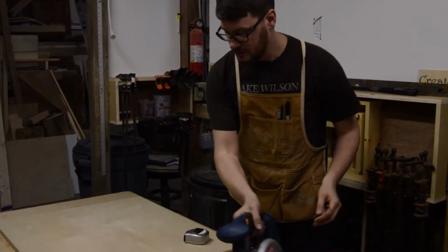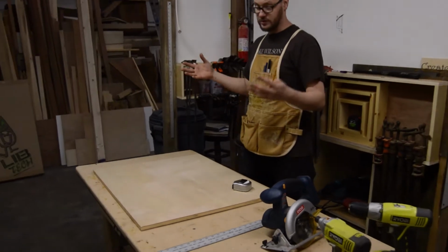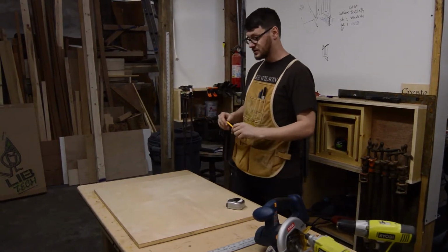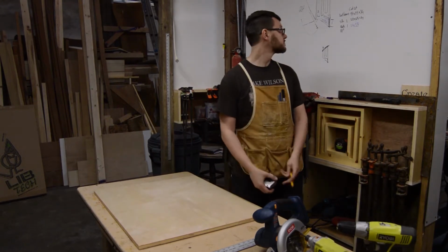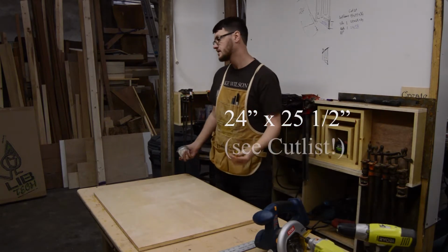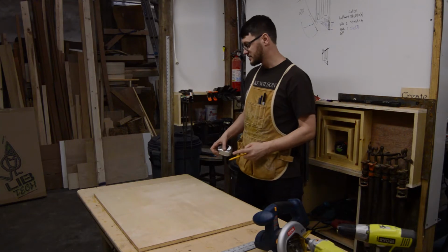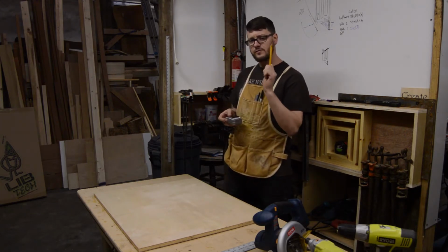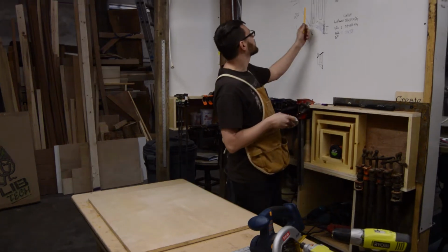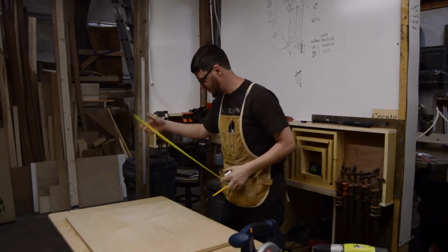So what we're going to do is start cutting out our parts. We just have a list of parts, simple dimensions, squares. We just got to cut them out. So first one, 24 by 24. This will be the front of the box, and maybe the same size for the couple interior slots. Oh yeah, and I changed my mind. I'm going to do a 4-chamber box because I feel like it's going to be a big party. Okay, so